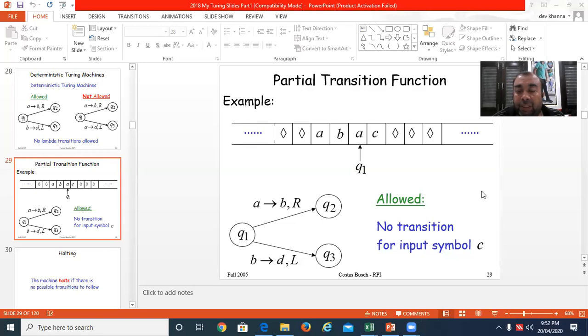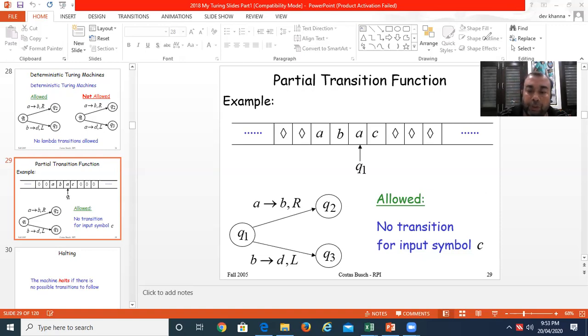Okay, so we were discussing partial transition function. I am repeating the same thing again. We will not create all the transitions for all the input symbols. And if any case occurs, just like in this case, you are in state Q1 and you are reading C from the input tape, in that case the machine halts here and the input is going to be rejected. Why is the input rejected? Because we have not built this transition. And why have we not built it? Because it was not the requirement of the language. Most probably, this is the scenario.